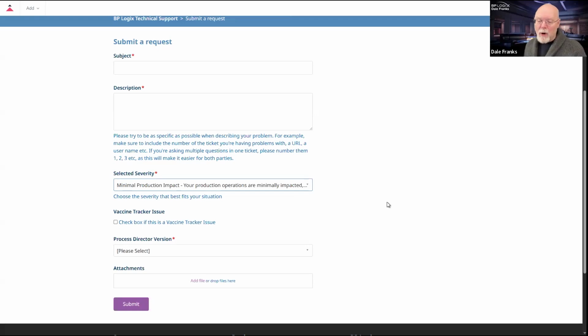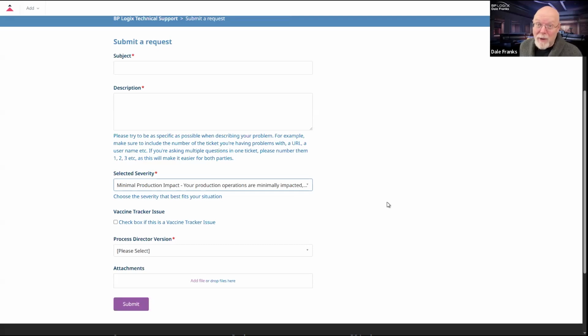Then you have minimal production impact. Minimal production impact is, I have 100 form instances. 99 of them work great. One is all messed up. Okay, I can see where that might be a little irritating, but it's one form instance out of 100. It doesn't indicate that something is fundamentally wrong with your process or with Process Director.